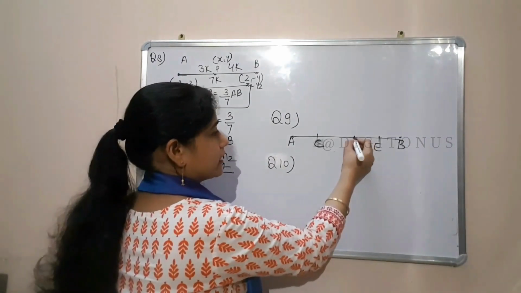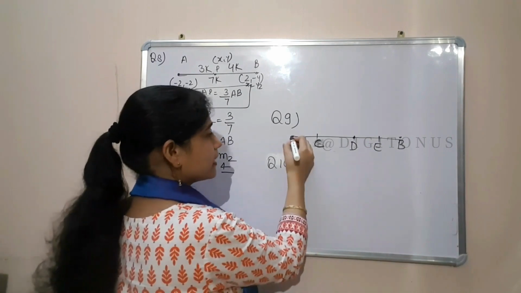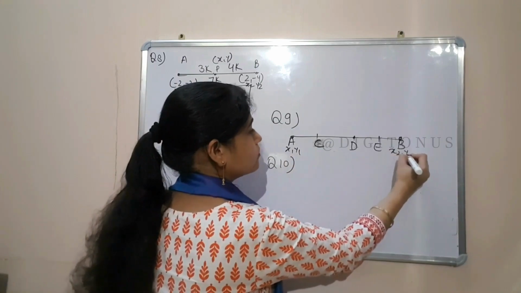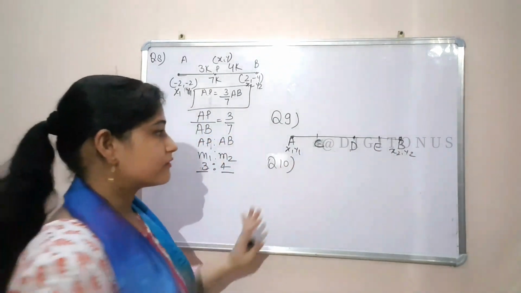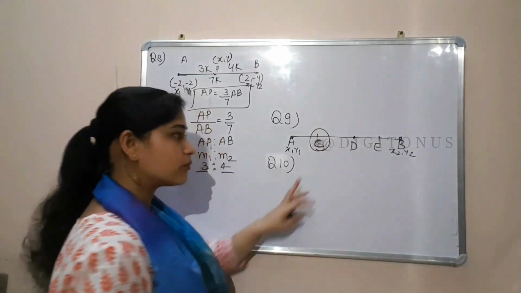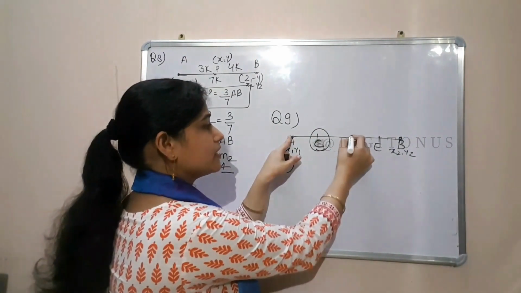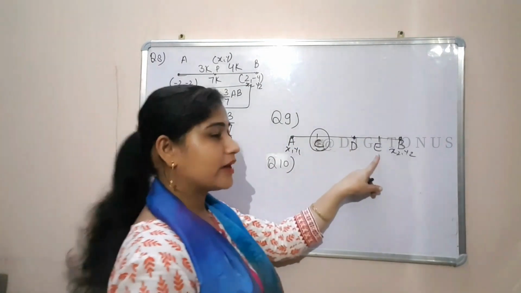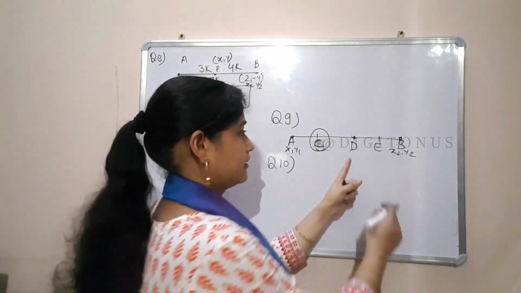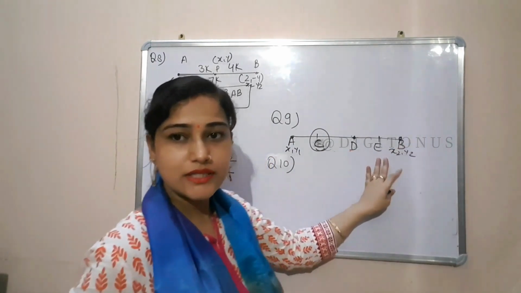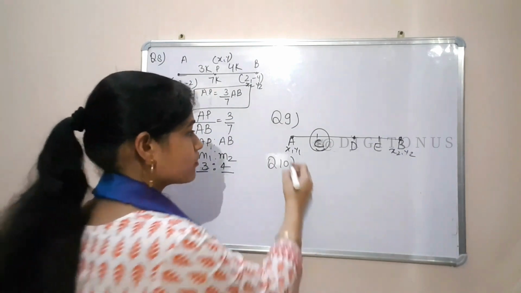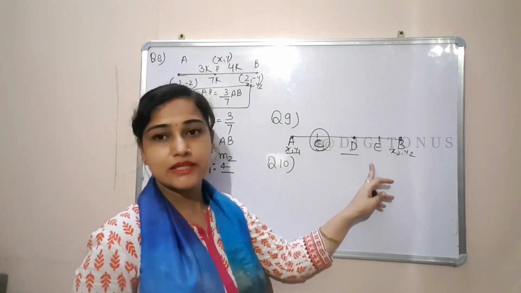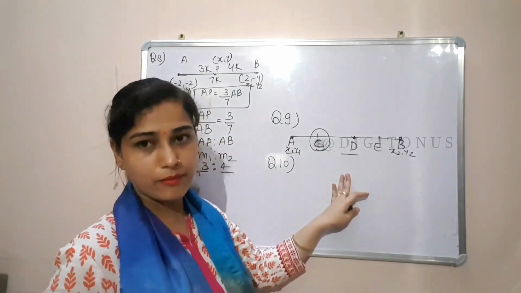How? You first find the coordinates of D by taking A and B, x1 y1 and x2 y2, and apply the midpoint formula. After that you find the coordinates of point C by taking A and D and applying the midpoint formula, and then find the coordinates of E by taking B and D and applying the midpoint formula. You just have to keep changing the values of x1, y1 and x2, y2 according to your points, if you apply the midpoint formula.